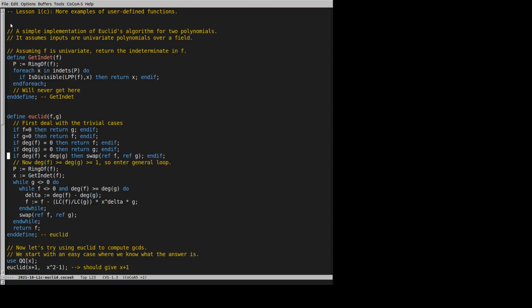Now the line I'm on here, we now want to check the degrees of the two polynomials. So we now know that neither polynomial is 0, nor is either polynomial constant. So both polynomials have degree at least 1. And now we simply, with this statement here, check to see if f has lower degree than g, then